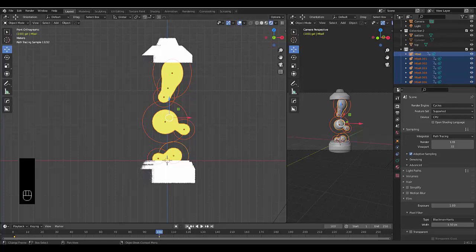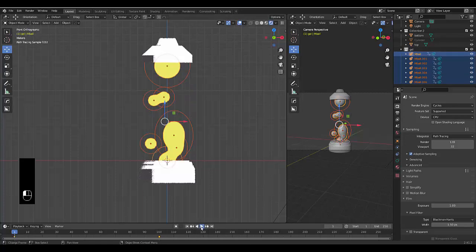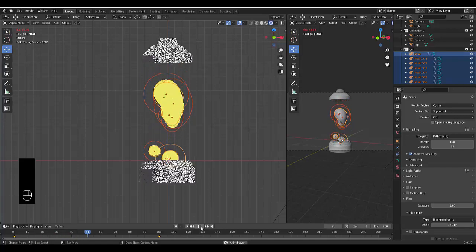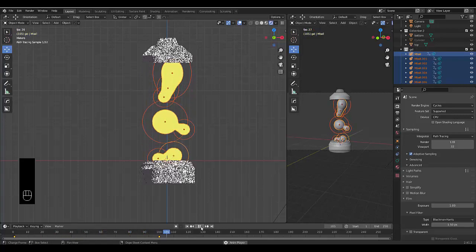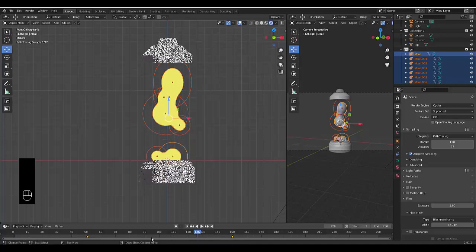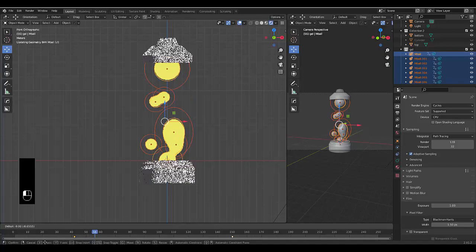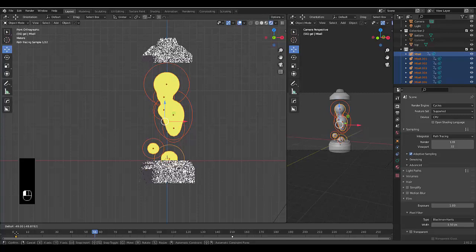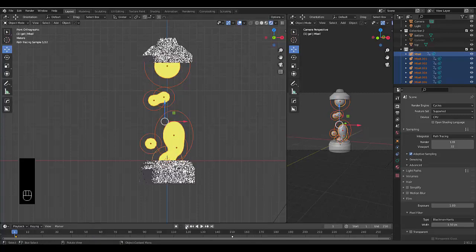So now when we go back to frame 1, we can see how fast they move. And one might think that they move a little too fast, so maybe we say, you know what, instead of 100, let's move this here to 150, and make sure you only select the individual keyframe, and then bring this back down to 1. Here we go. So now when we press play,